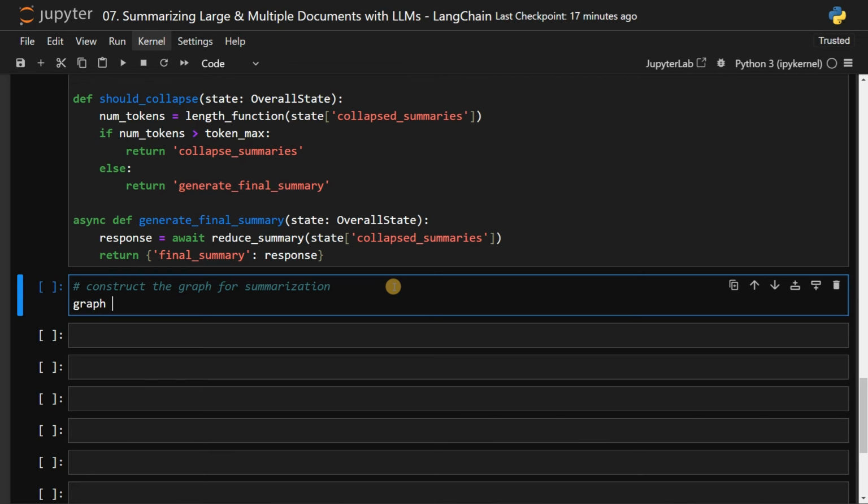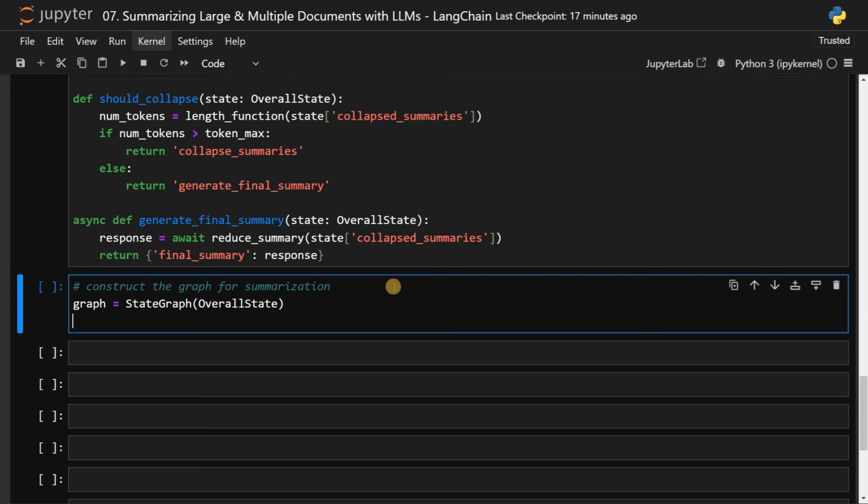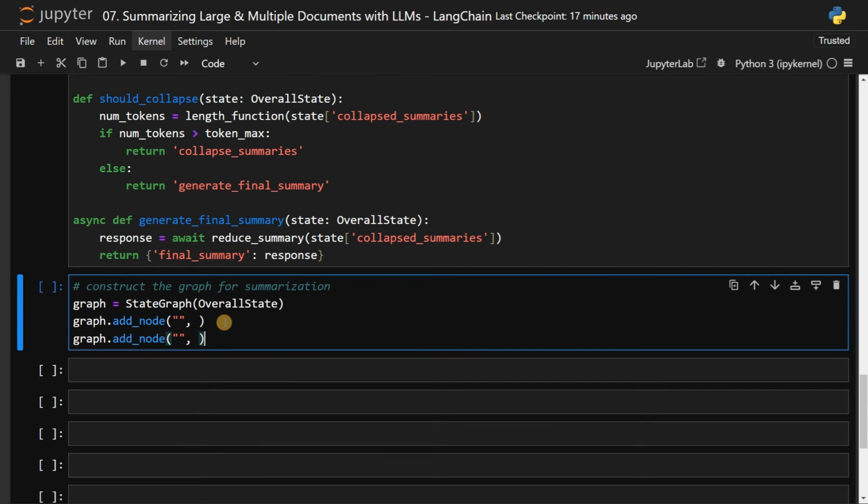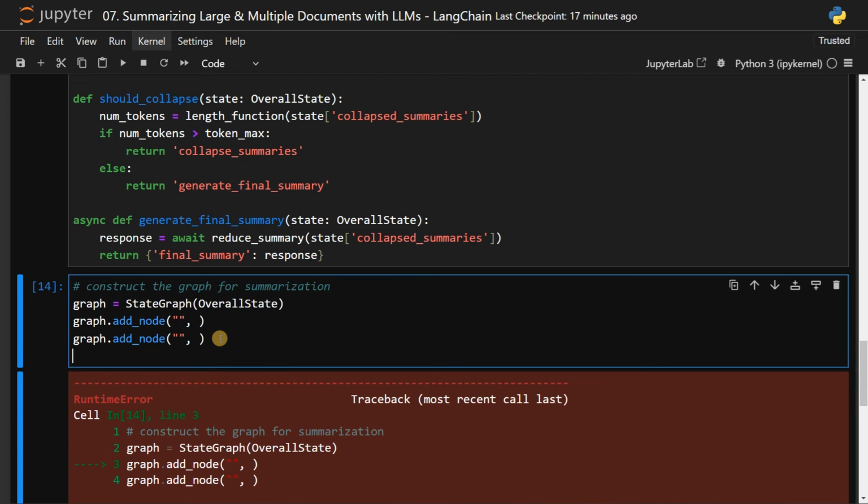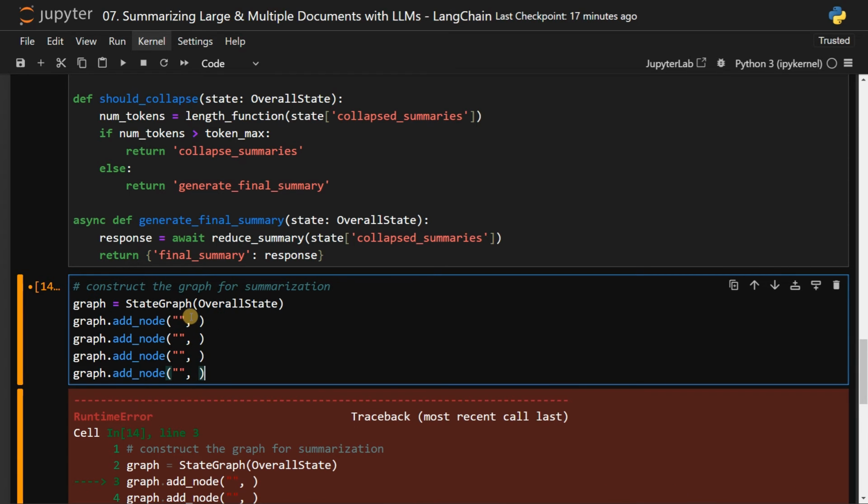So graph equals StateGraph of OverallState. The graph will have all the states. Then we will create separate nodes for each function, so graph.add_node takes a string and the function name. We have to do this four times. Mistakenly, I just ran it. Okay, so we need